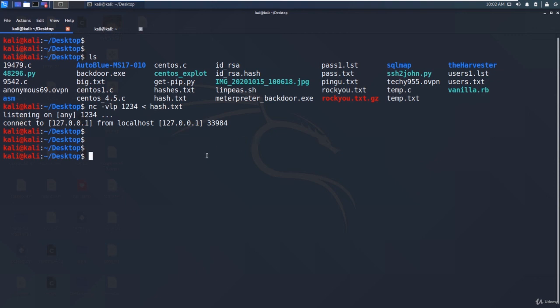These are some common file transfer techniques, and if there are more techniques, we will cover them in a video at the right time and in the right situation. That's all for this video, the basic methods for file transfer.